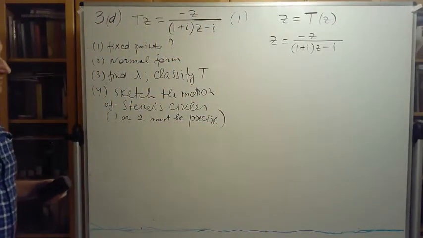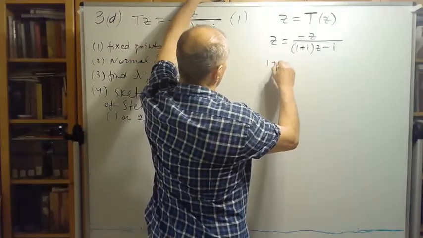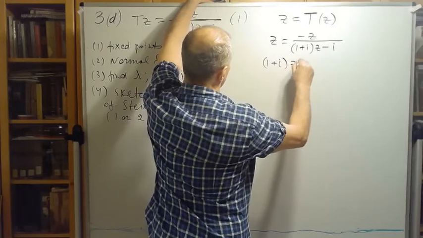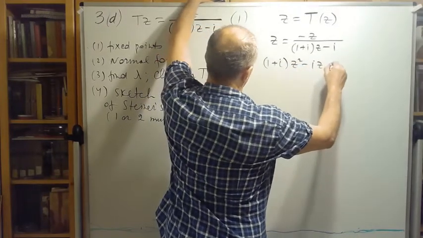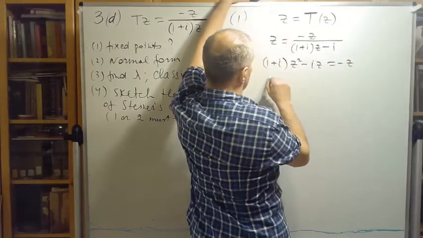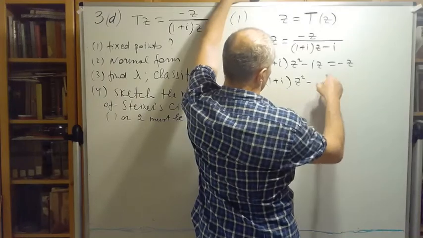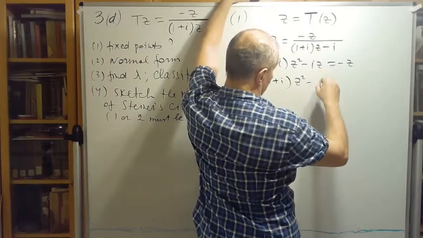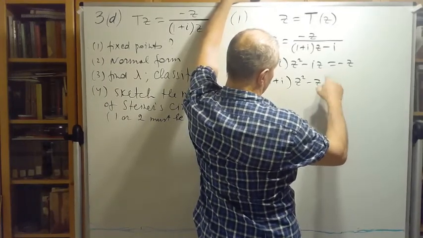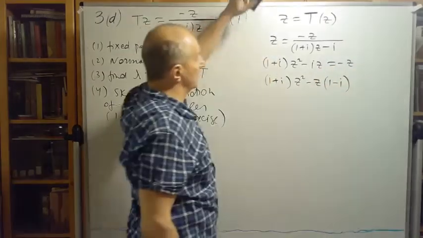Let's multiply by the denominator. So we will have (1 plus i)z squared minus iz equals negative z, or (1 plus i)z squared minus